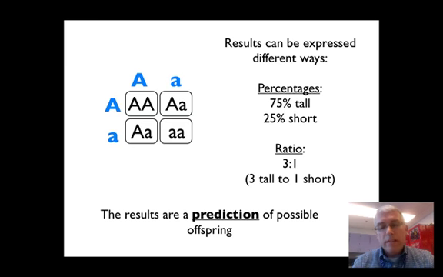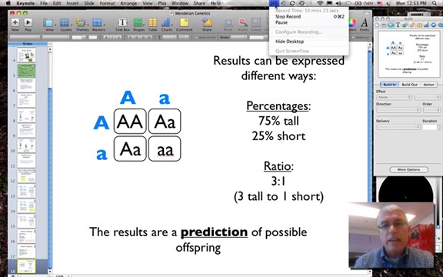When you're expressing results from Punnett squares, you can either use percentages, like we've already used, or you can express your results as ratios, like 3 to 1. So 75% tall to 25% short could also be just as accurately described as a ratio of 3 tall to 1 short, or 3:1. I'm quite sure most of you have done ratios in math at some point. And just remember, these results are a prediction of possible offspring in the future. All right, that's going to end our slideshow, and we'll pick up at the next benchmark on the next